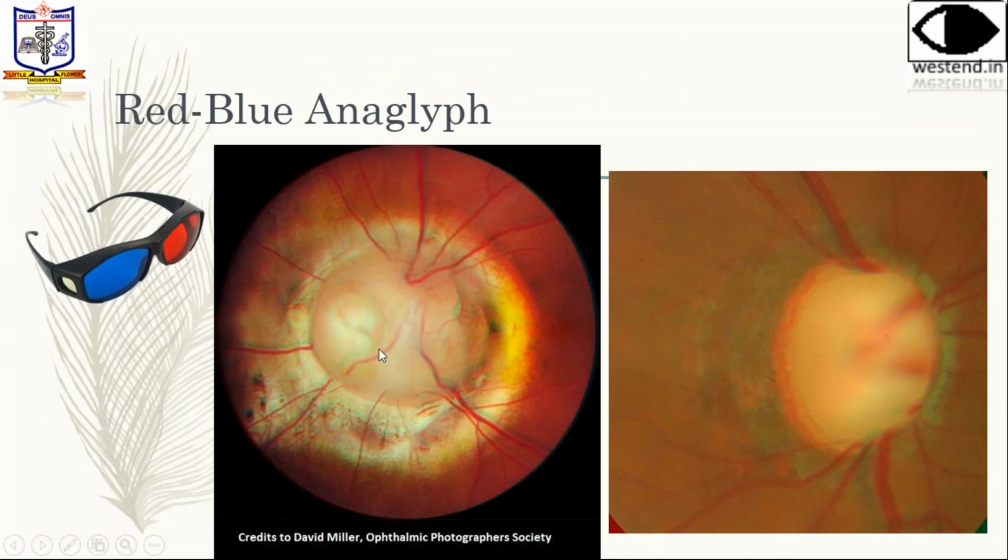And this is from the Ophthalmic Photographer Society. This was a side-by-side image which I've combined using a Stereo Maker app. It's a free app available online to make it into an anaglyph image. You put on these red-blue glasses, you can see this image properly. There is an optic disc pit here in addition to the large disc. So you have to put the 3D glasses on to actually make out the depth within the depth. This is glaucomatous cupping, and these are very useful for glaucoma specialists.